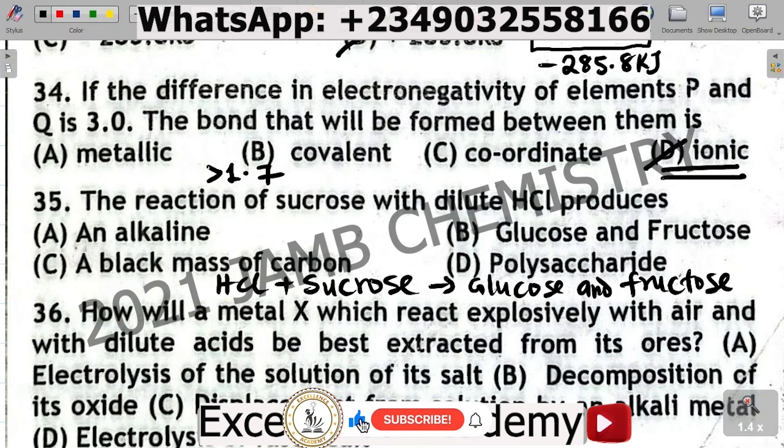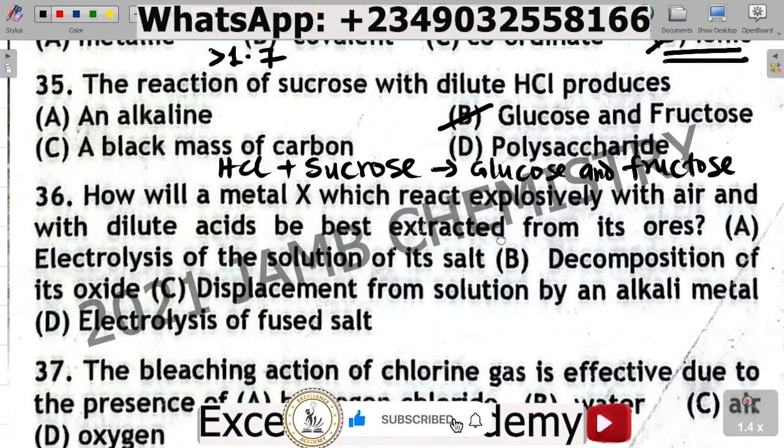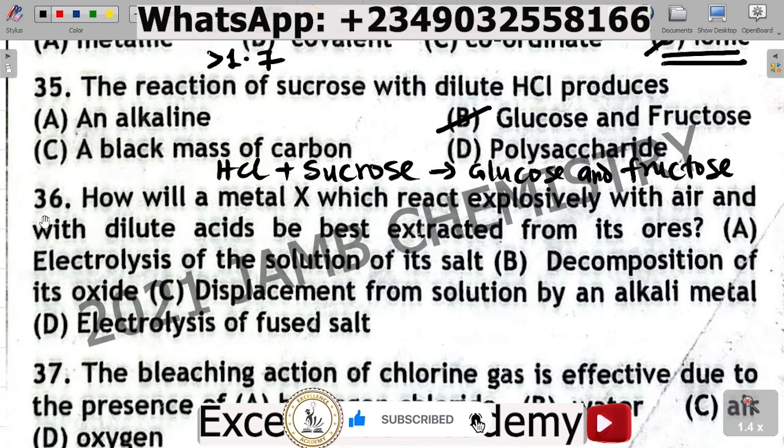So the correct answer there is B, glucose and fructose. Next up, question 36. How will a metal X, which reacts explosively with air and with dilute acid, be best